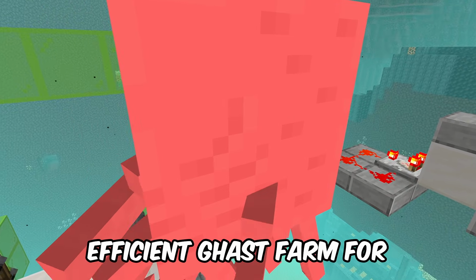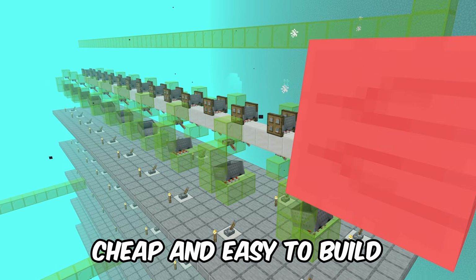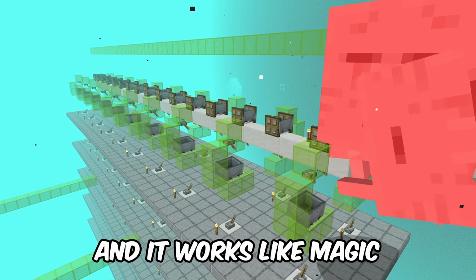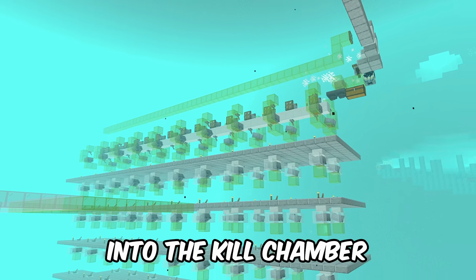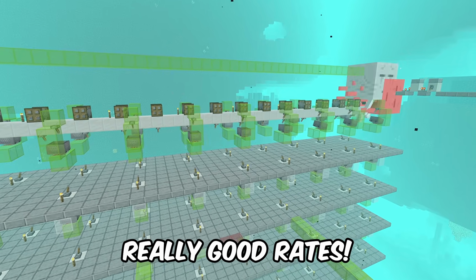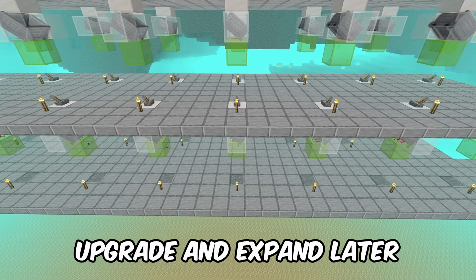New, simple, and efficient gas farm for Minecraft Bedrock Edition. This farm is extremely cheap and easy to build, and it works like magic. As soon as the gas spawn, they basically get teleported directly into the kill chamber, meaning that you get really good rates. This is also a modular farm, so you can start off small and then upgrade and expand later